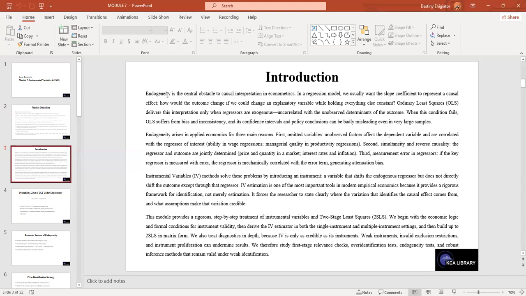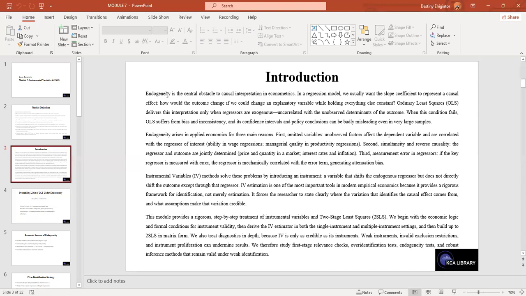Endogeneity arises in applied economics for 3 reasons. First, omitted variables: unobserved factors affect the dependent variable and are correlated with the regressor of interest. That is ability in a wage regression, managerial quality in a production regression. Second,